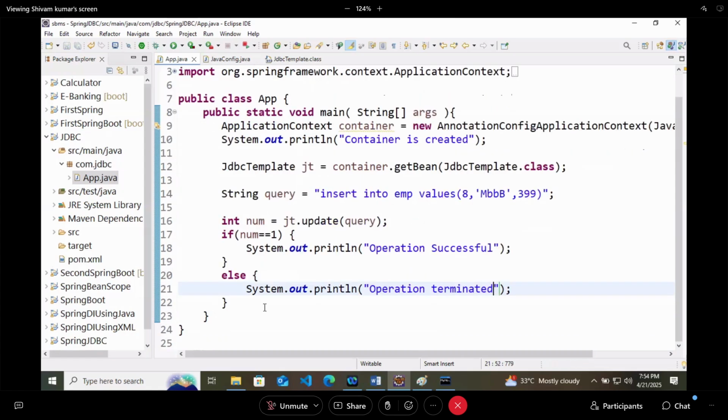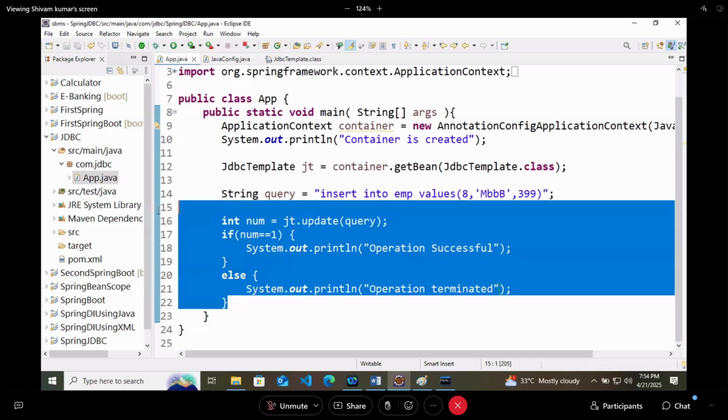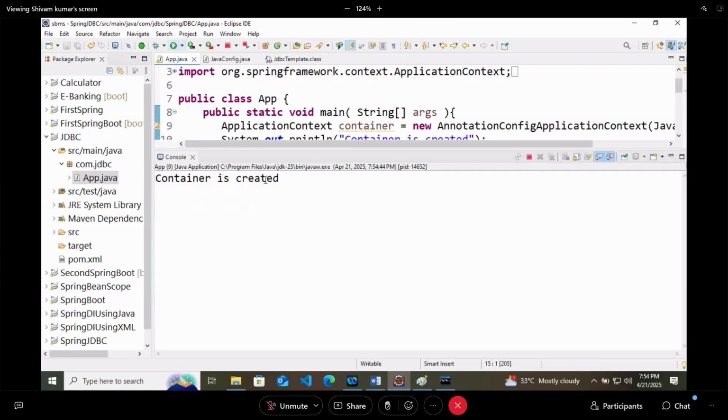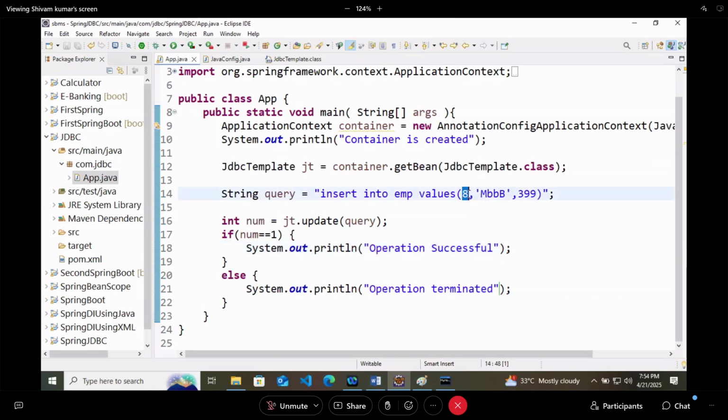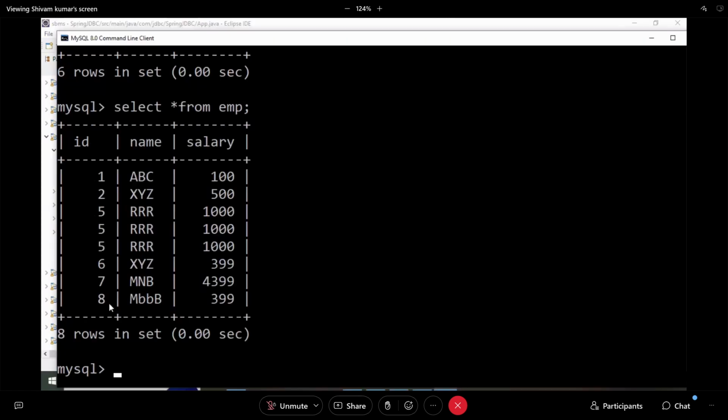So this is what we are doing here. So let's run. The container is created and the operation is successful. What value are we inserting? We are inserting 8, something named like this, and the value. And here we got this particular value as well.